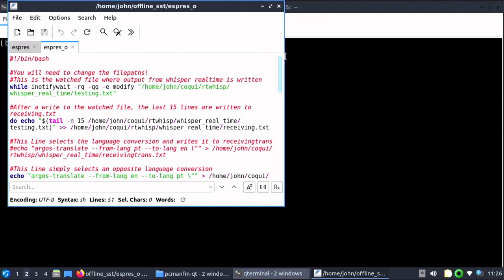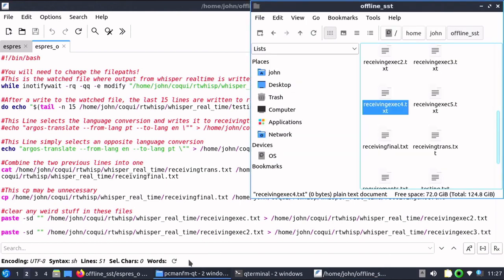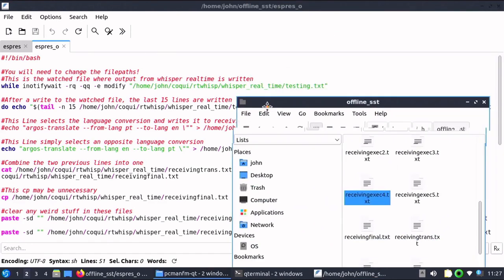Okay, now in this script, like I said, we're going to have to change these file paths. These are the actual file paths that I had on my test machine that I originally demonstrated, and we need to change them to our new basically clone in the offline STT folder. So this first one,